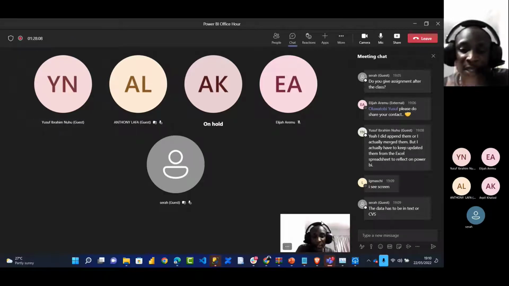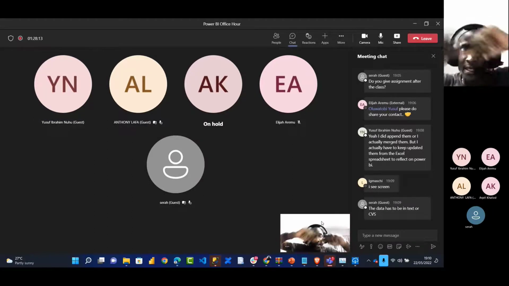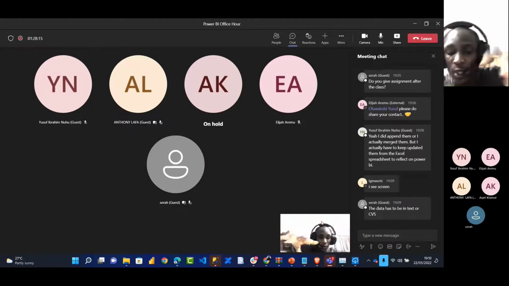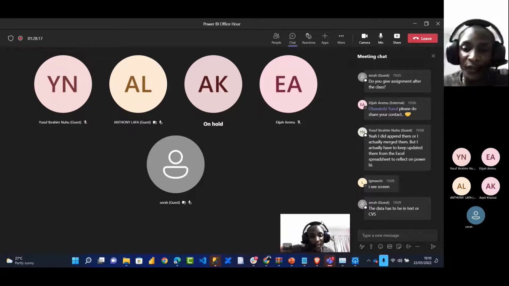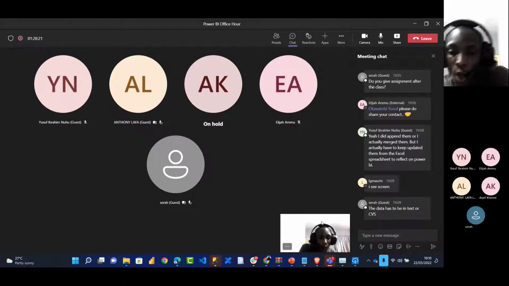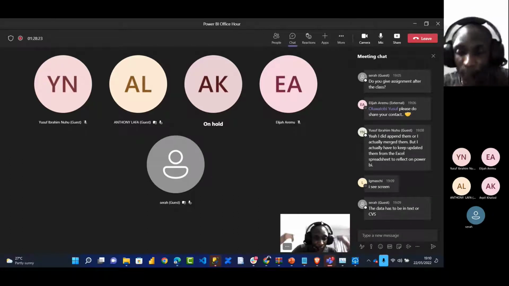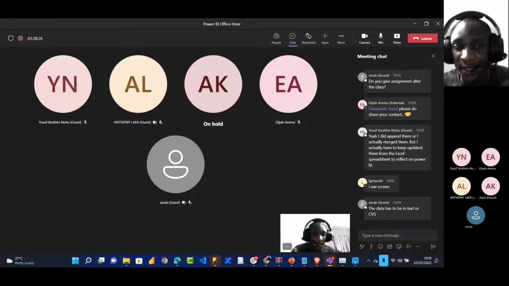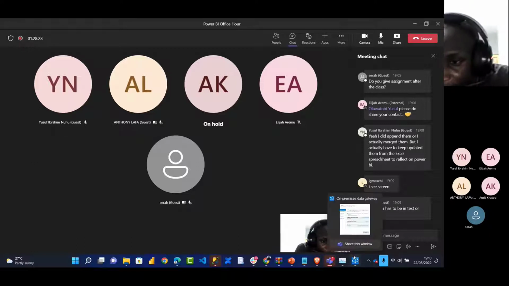as Append, but Get Data from a Folder gives you the ability to get as many data as you want. But with Append you have to do it manually. You'll be selecting more than 3 tables. But getting data from a folder just does everything in real time. So what you'll be doing is just copying the new Excel table inside the folder, click on refresh, and it updates in real time. That's how it works. So Sarah says